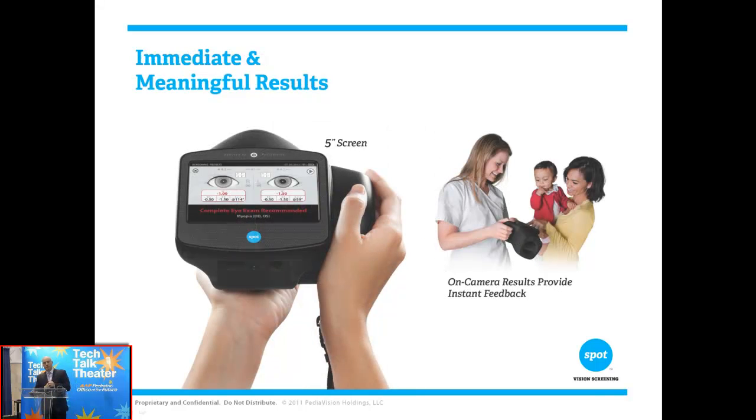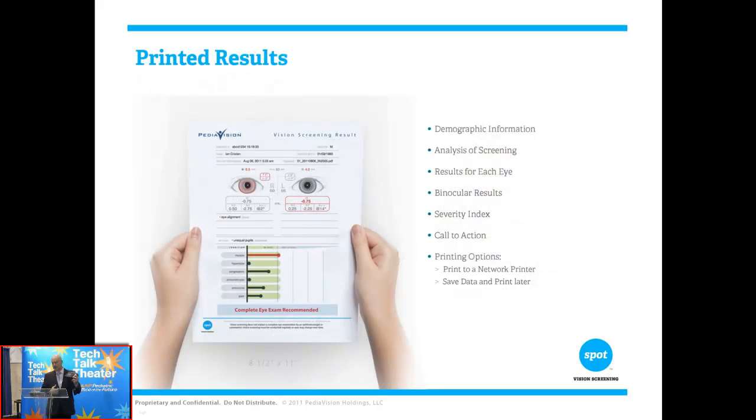On the back end, when the screening is complete, you get results immediately. They come right out on the screening device on the screen, and you can consult the parents from the screen. You can also select print and print an 8.5 by 11 sheet that gives all the data, lets you know the full refractive measurements, lets you know the alignment of the eye, and also lets you know the severity of the issues. So you can look at a glance and know if there's a severity that's really out of whack that you need to send the child immediately, or if it's right on the edge and you can consult them whether it's viable to rescreen at a later date instead of sending them on for care.